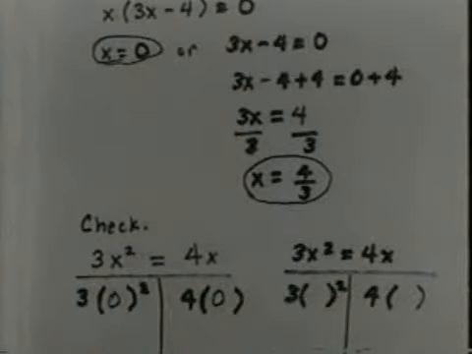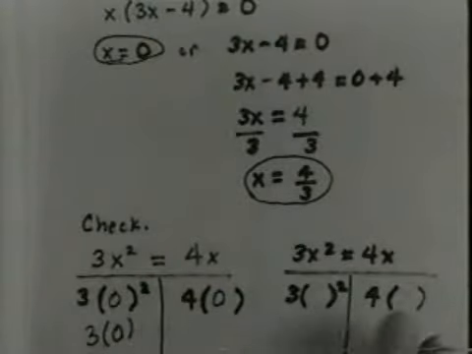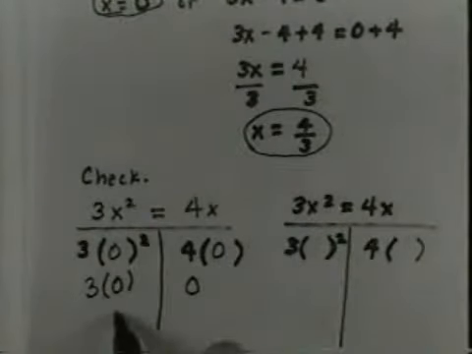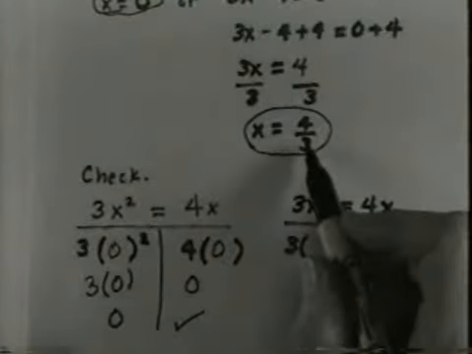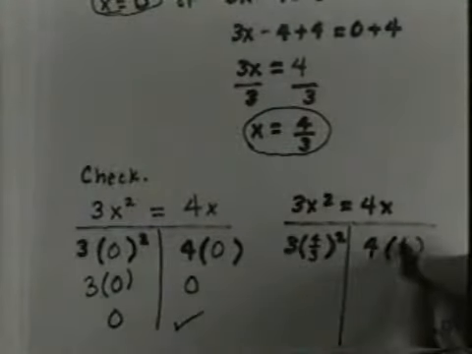On the left, we get 3 times 0 squared. Well, 0 squared is 0 times 0, which is 0. On the right, we get 4 times 0, which is 0. 3 times 0 on the left is 0, so we have 0 equals 0, which checks. For the other possible answer, we have 4/3. Let's fill in 4/3 in each